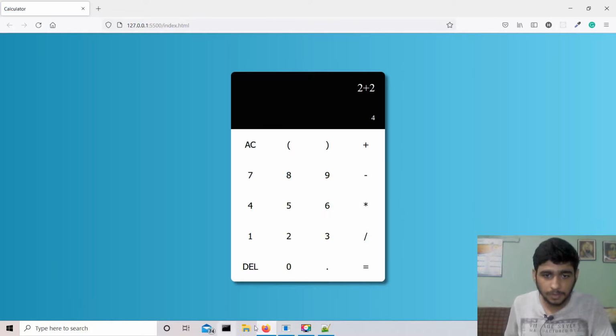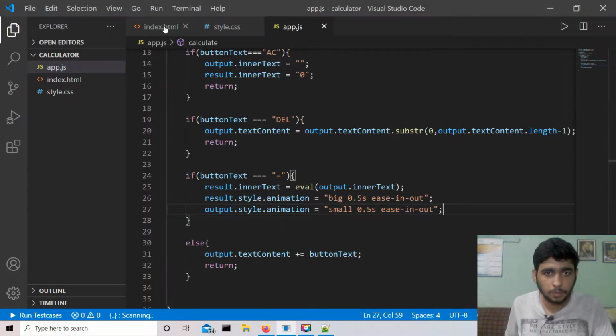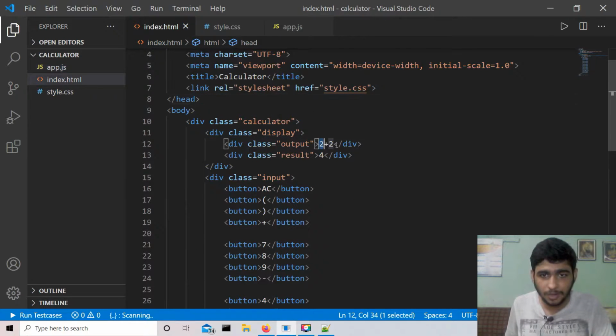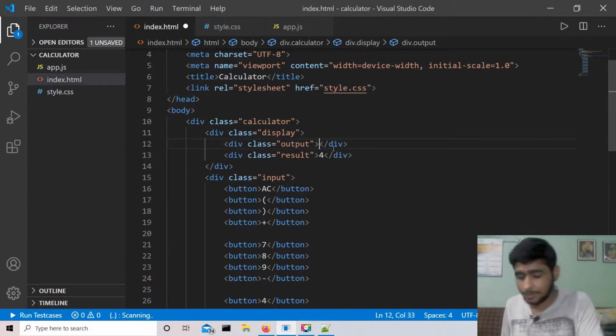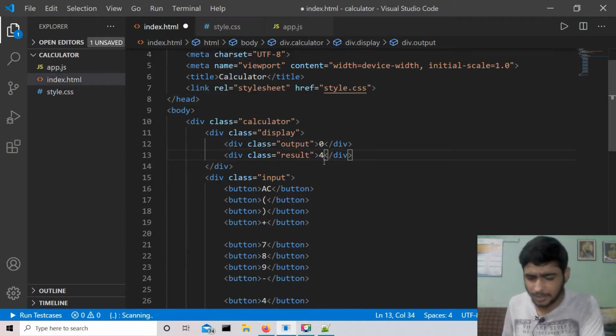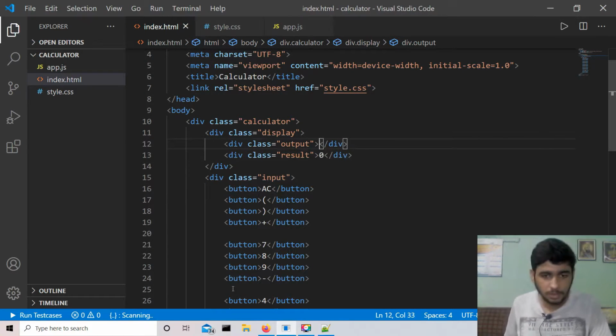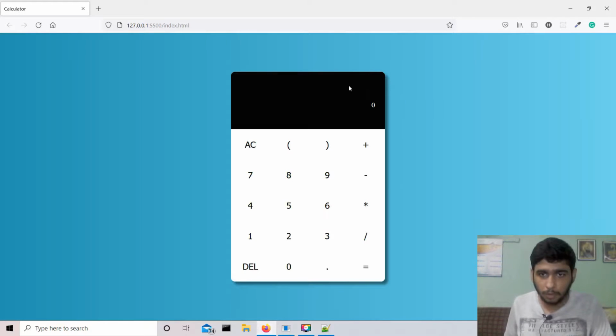Let's first remove this default 2 plus 2 and 4 that we added just to see the designs. Let's remove this, make it 0, and save. So now whenever we open our calculator, we will see it. Let's see if our animation is working or not. Add. Okay, so you saw that this was getting smaller and this was getting bigger, but again it is coming back